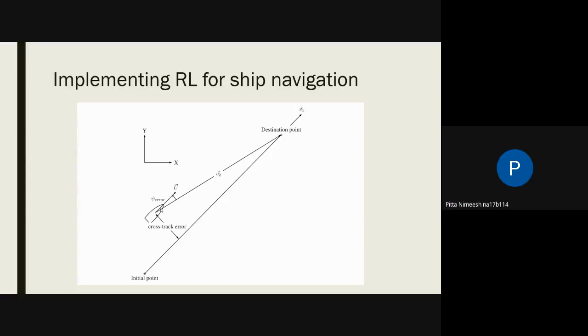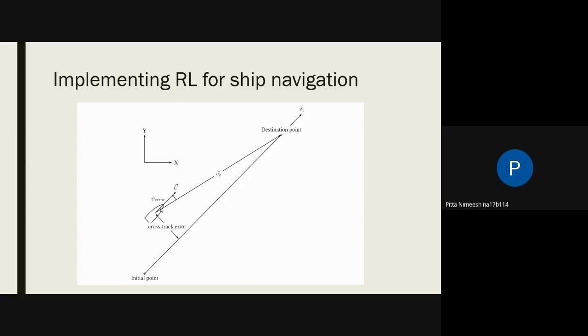So, shouldn't the aim be that the velocity should be aligned with V2? Yes, that is true, but how the course angle error is defined is slightly different. Ideally, if the ship is oriented with its velocity directed along V2, then the course angle error will be 0 anyway. Now, the question is, when it is non-zero, is it defined with respect to the longitudinal direction of the ship, or with respect to the velocity vector of the ship? Because those two need not be the same when the ship is not on the direct course.